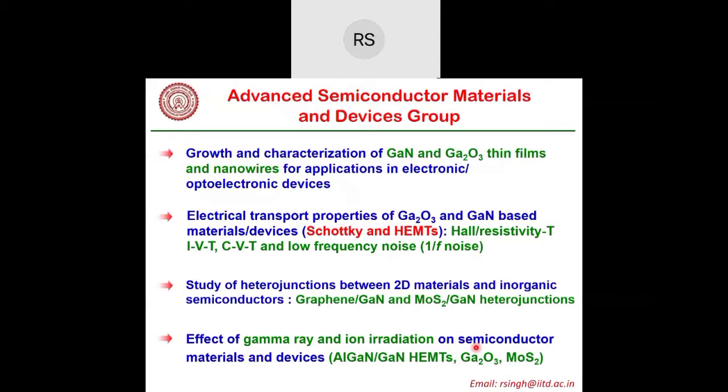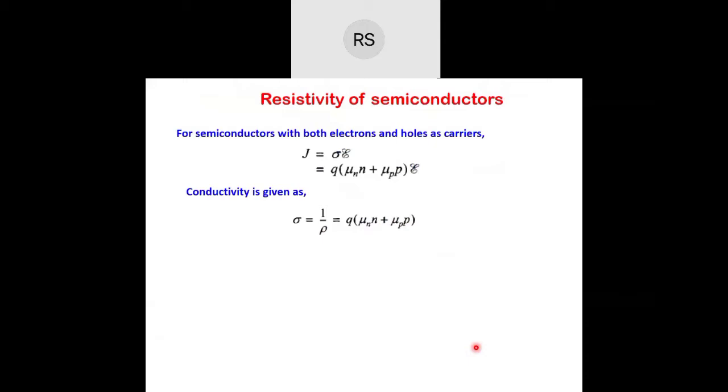So with that, I will switch on to the topic which I'm going to